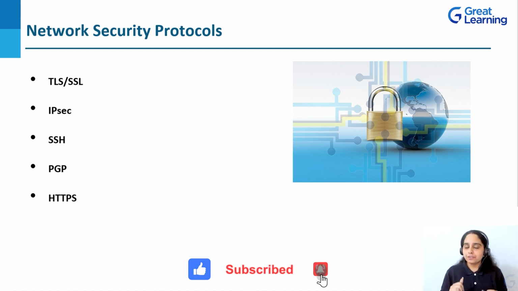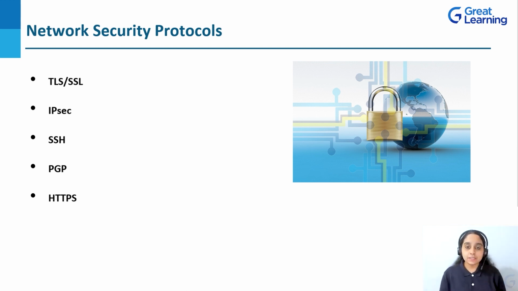PGP. The full form of PGP is Pretty Good Privacy. Its actual name is OpenPGP. It is used with encryption algorithms such as triple DES, AES, Twofish, RSA, etc. PGP allows the users to encrypt the data and digitally sign over it to ensure that it is authenticated. It also ensures integrity. It is mainly used to secure confidential email information.